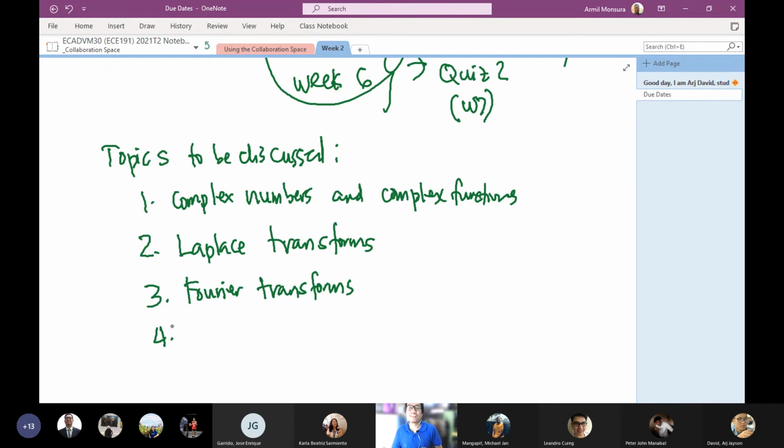That includes linear algebra. So I would not be discussing linear algebra in the lecture course. Instead, I'll fully discuss it in the laboratory course. And on this part, we can proceed with the discussion on power series